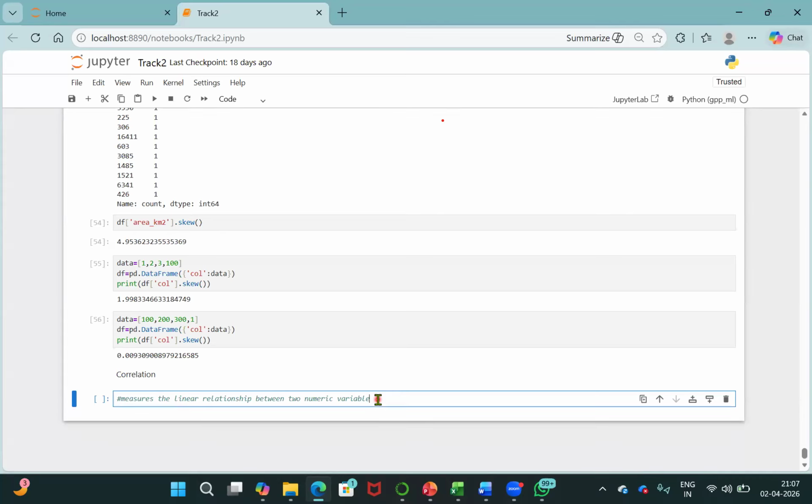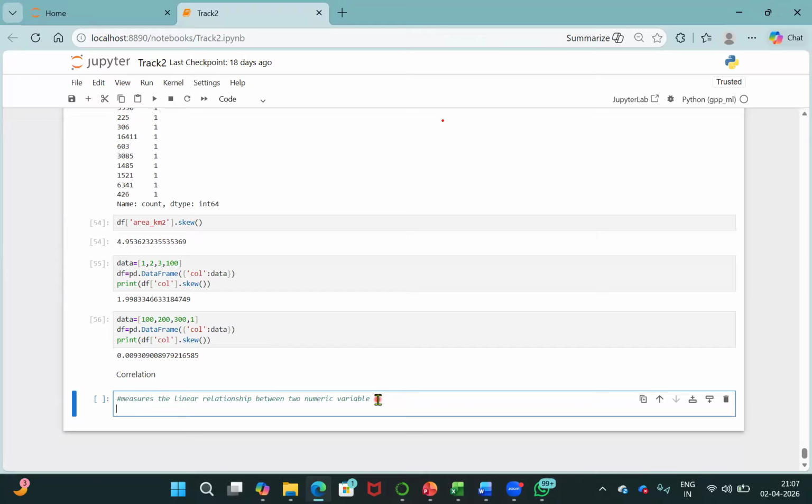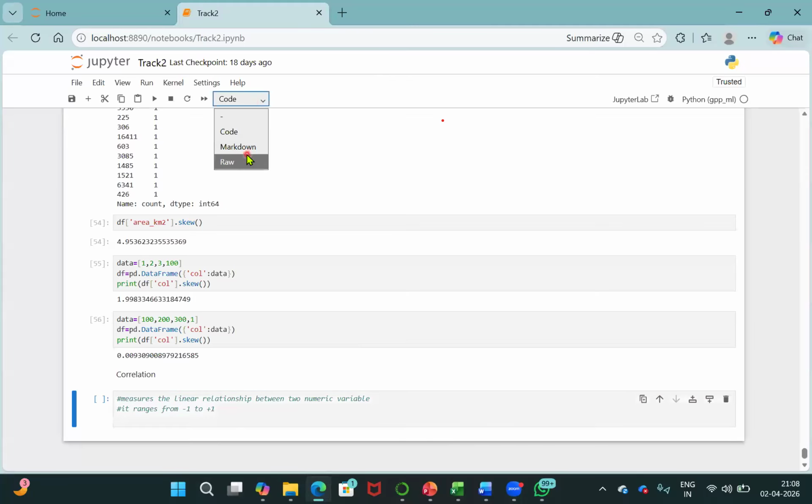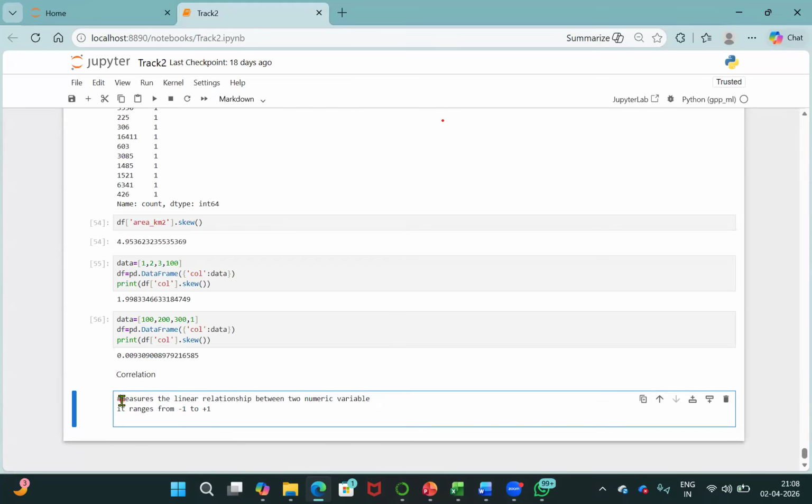Another important thing is it ranges from -1 to +1. Okay, it ranges from -1 to +1. I will make it markdown only. So what will -1 say? Minus will say that there is perfectly negative relationship between them. Let's say